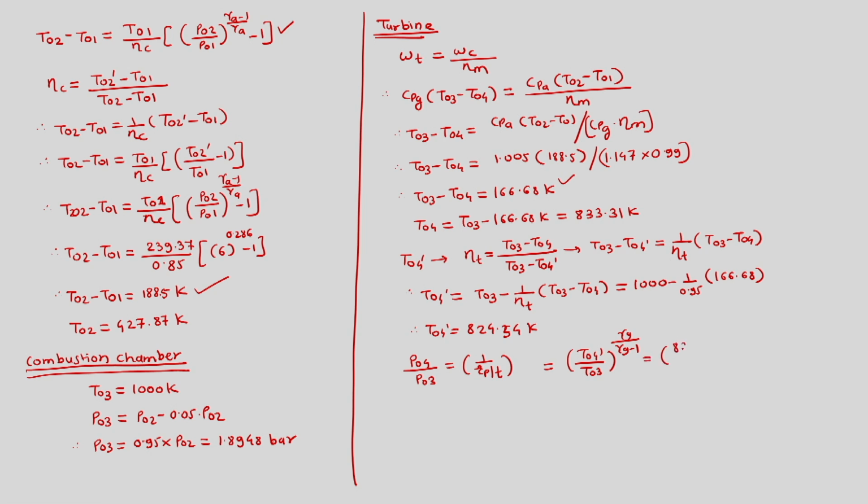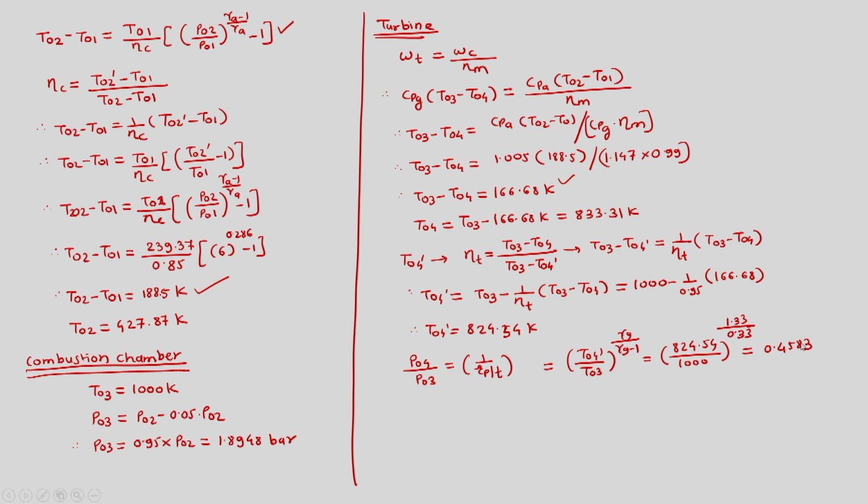So we know it is (824.54 divided by 1000) bracket raised to 1.33 divided by 0.33,